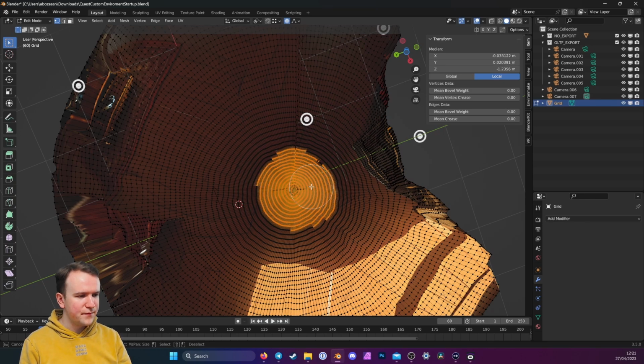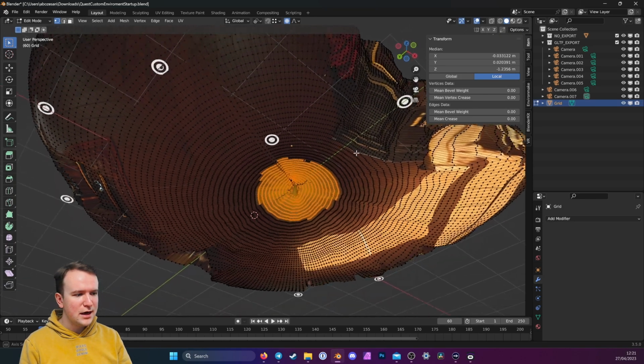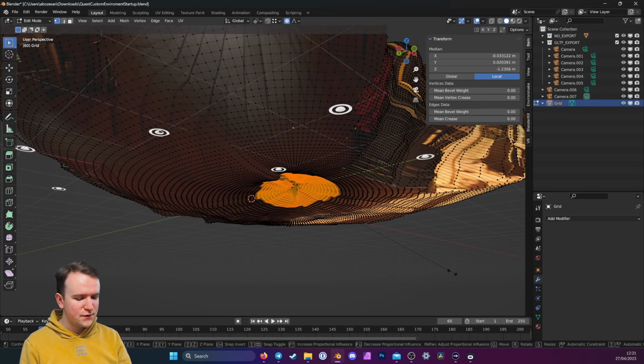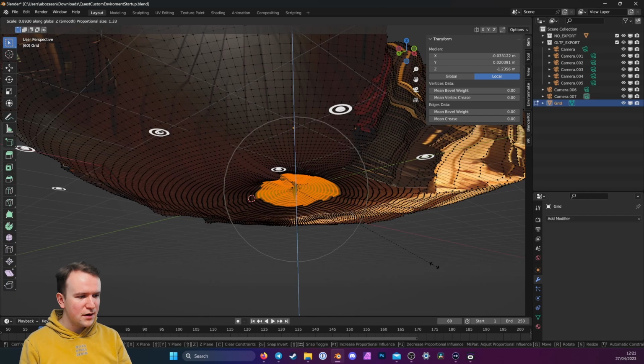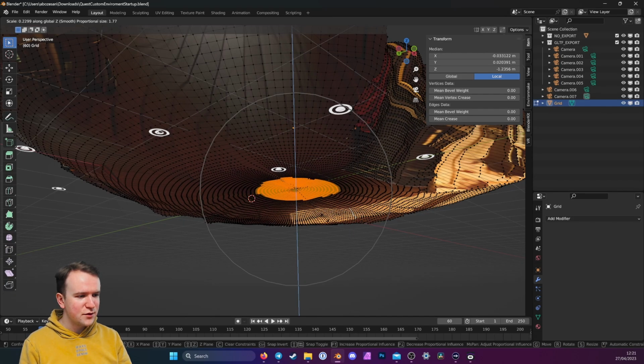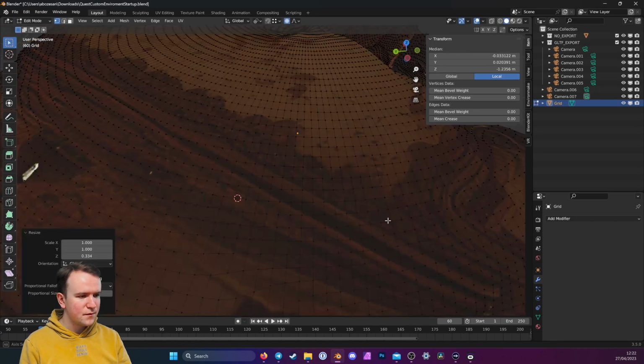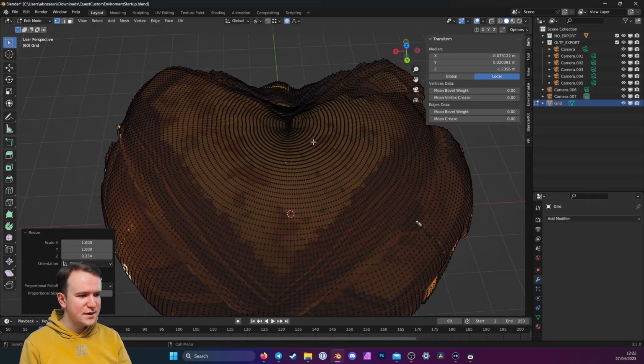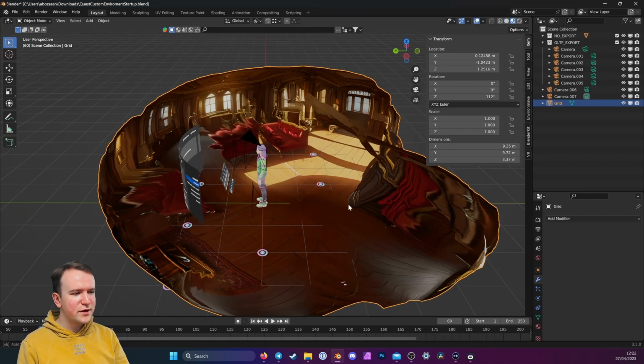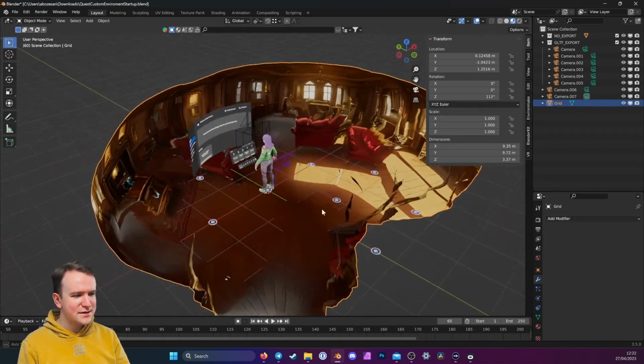that's a little funky and make sure your proportional editing is on up here. And now you can scale Z and adjust this with the scroll wheel and kind of straighten out the floor just a little bit, you know, so it makes more sense. Same thing with the ceiling. Good, and there we go. We now have our nice little environment.